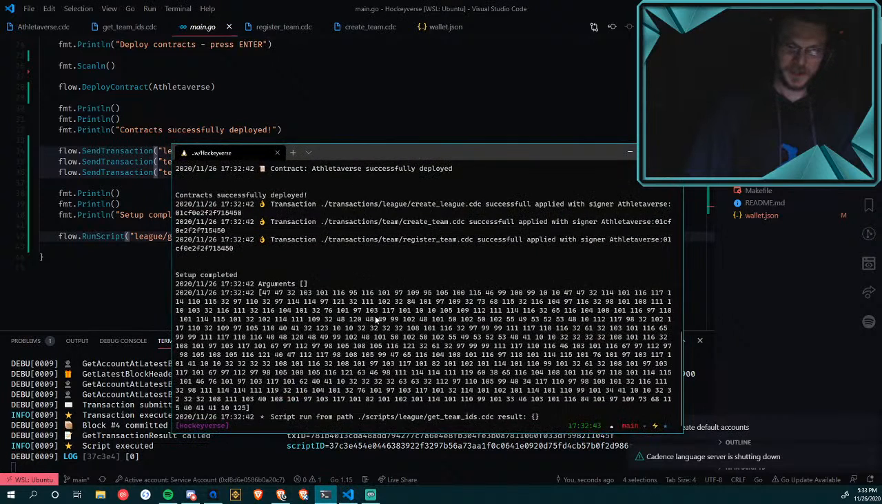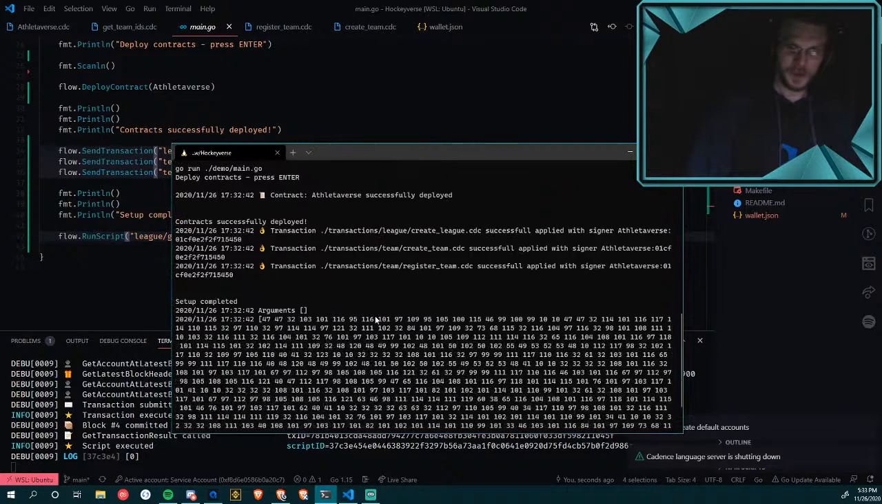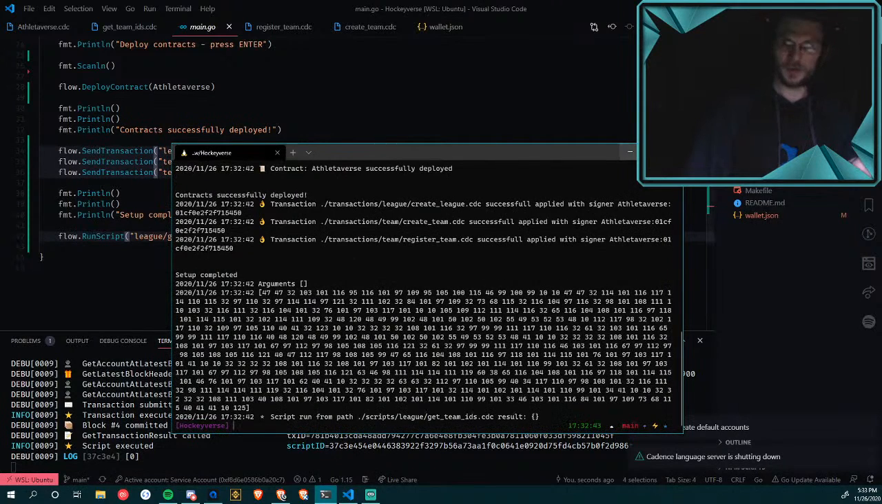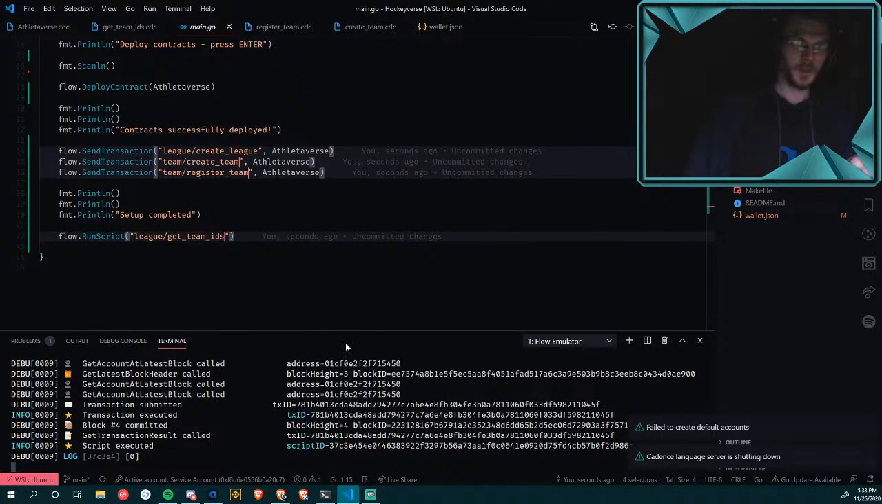But where is this coming from actually? Oh yeah, okay, cool. That's our Go tooling outputting that. And then the actual Flow CLI emulator output is down here. So this is what I expected to see, an array with 0 in it, which is actually the ID of the team that was registered. So if we were to create a second team,